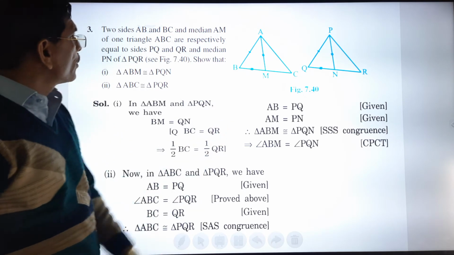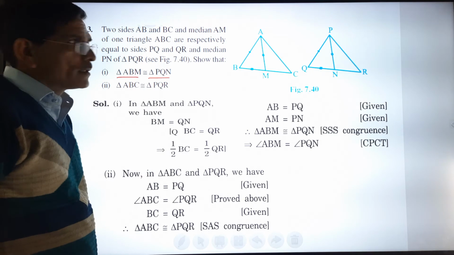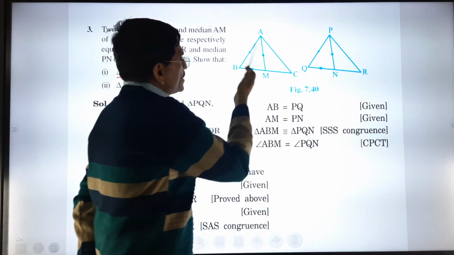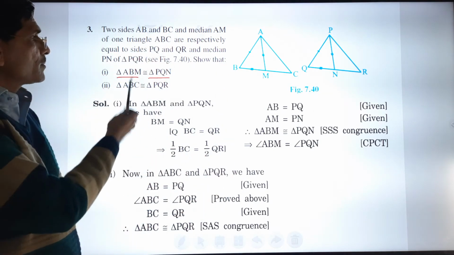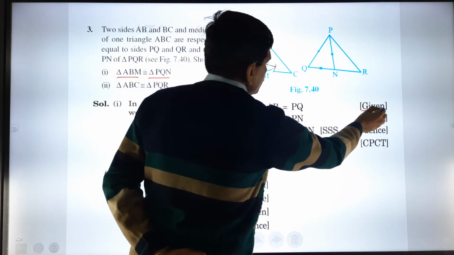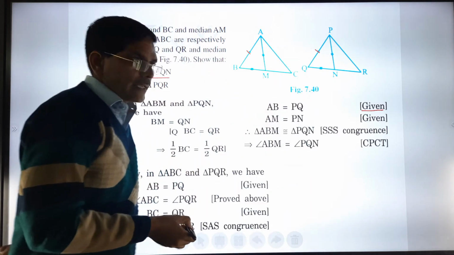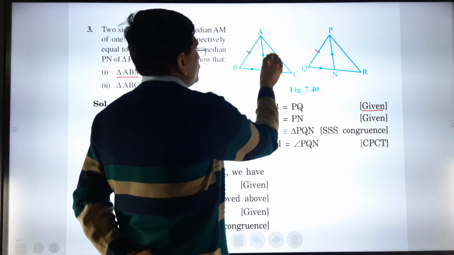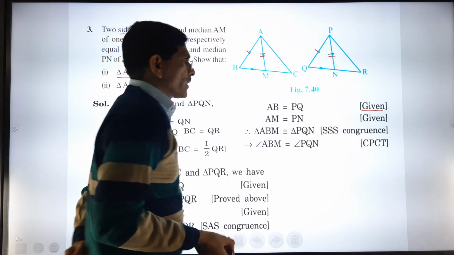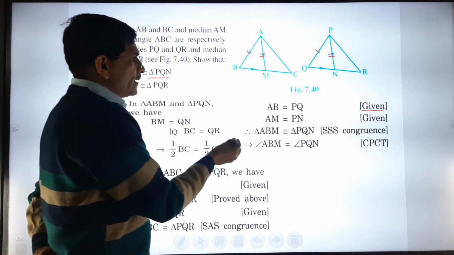We have to prove that triangle ABM and PQN are congruent. Now see the figure, everything is already clear from the question. Symbolically, AB is equal to PQ, given, so one mark here. AM is equal to PN, that is again given, so two marks. And third,